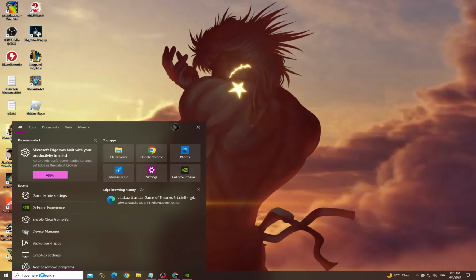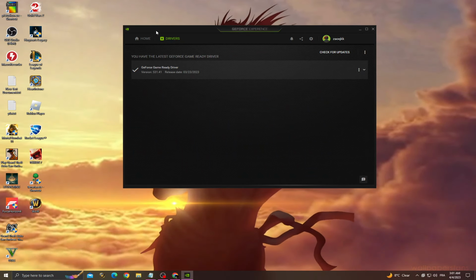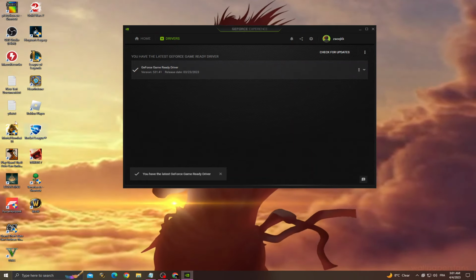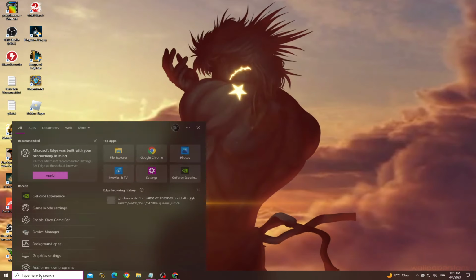Click here and then go to GeForce Experience, go to drivers, check for updates and make sure to install the latest update for your graphics card. Now go back and try again, and if that also doesn't fix it, now go to